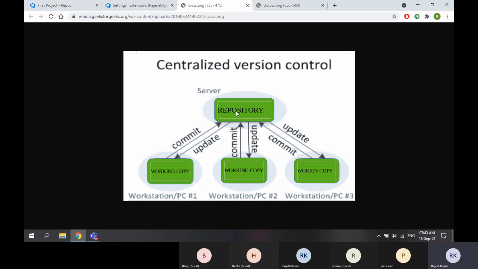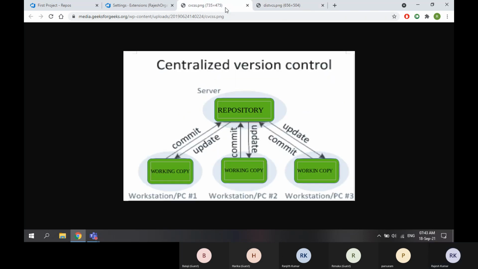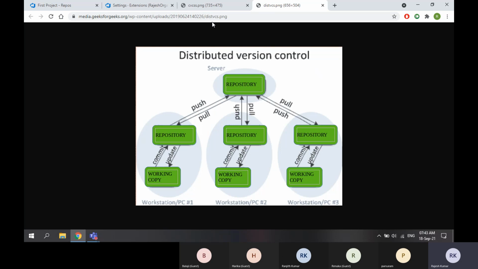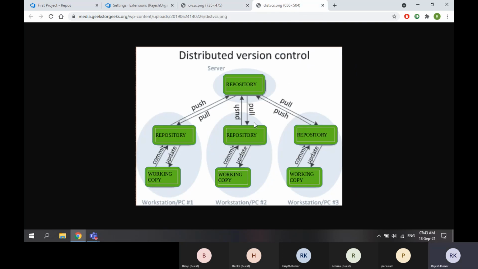They don't want to give the repository to all users. Here, if you see, I am giving the entire repository to the user, but in centralized, I am not giving. I am always maintaining the repository in my server only. If you want to add or modify files, you need to come to the centralized server only. I won't allow you to do anything in your local system. But here I'm allowing you to do anything in your local system. So there is a benefit with this.